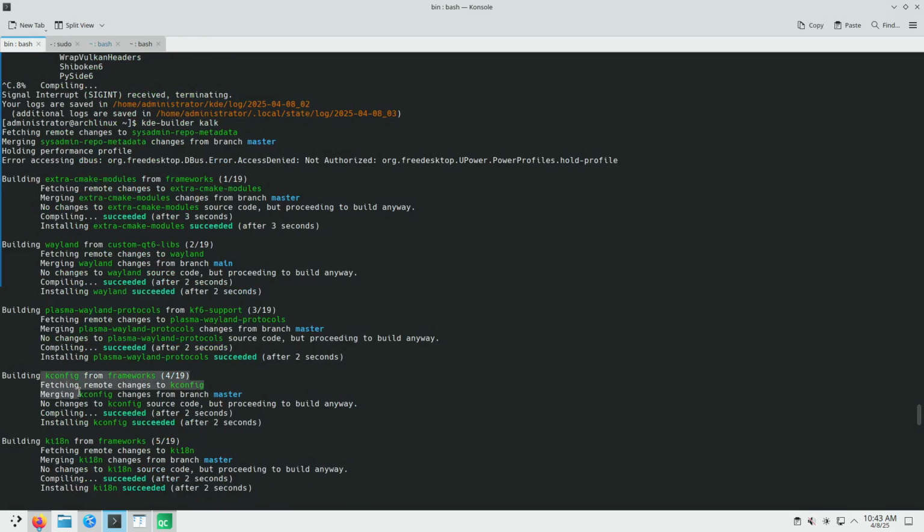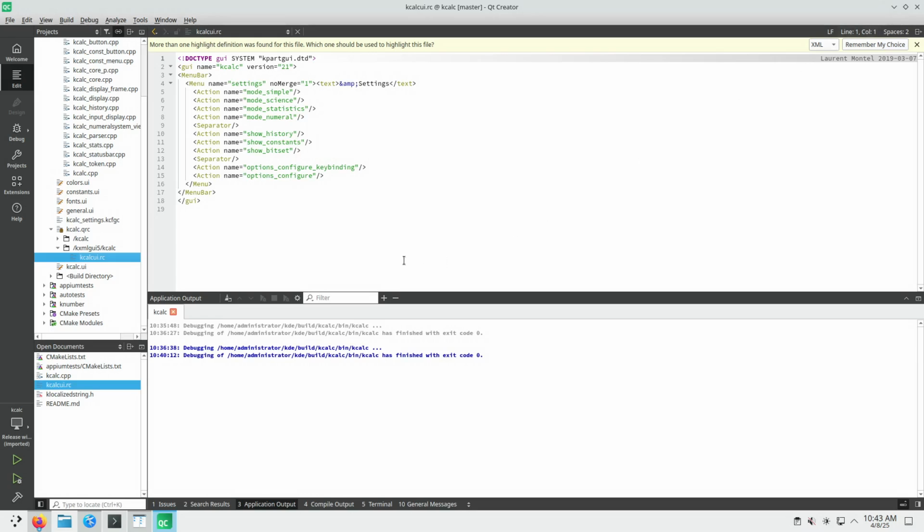This guy, kconfig, is the fourth module to be built. This is for persisting user settings. For instance, the user might want to have the buttons in kcalc not be black, be red. And maybe there's a setting for button foreground color that's by default black, and you make it red, and then you need to persist it somewhere. You persist it using kconfig in a configuration file,